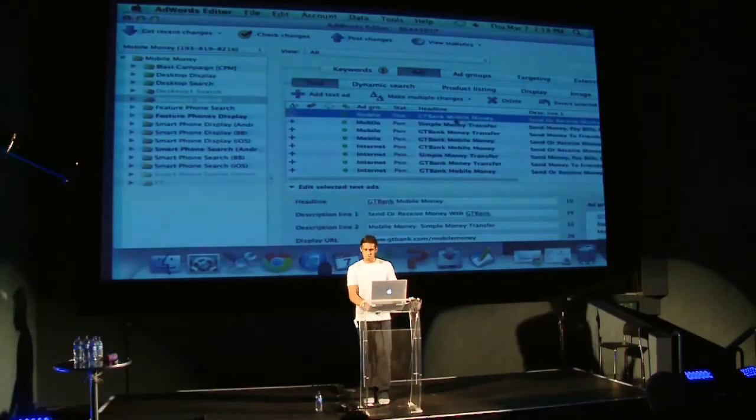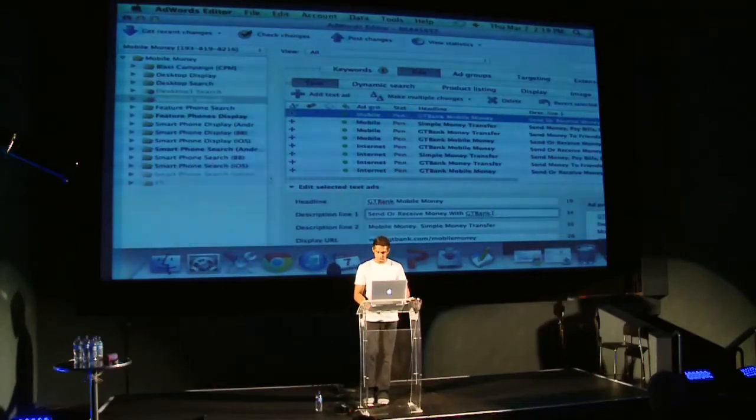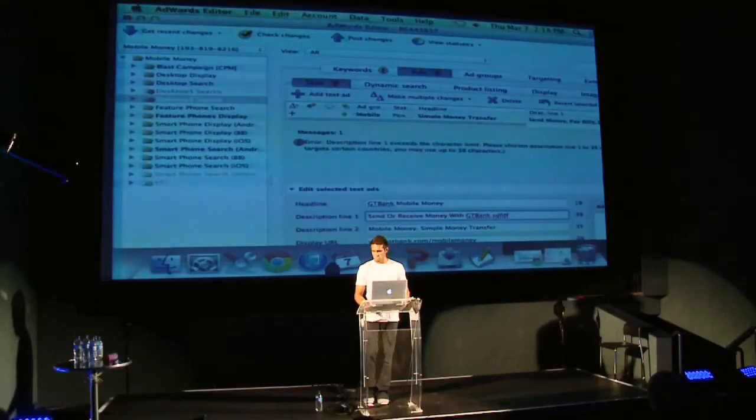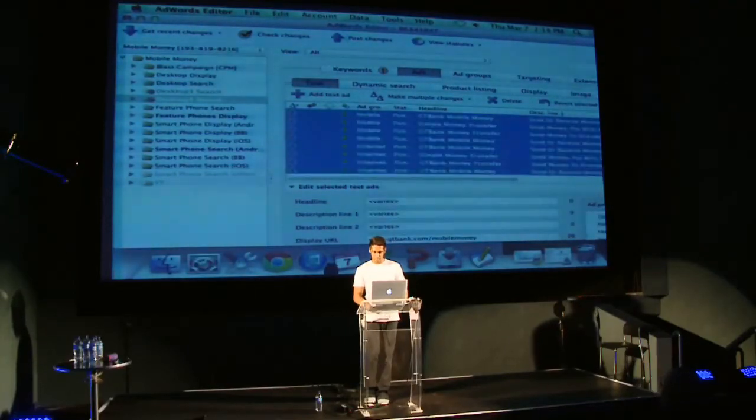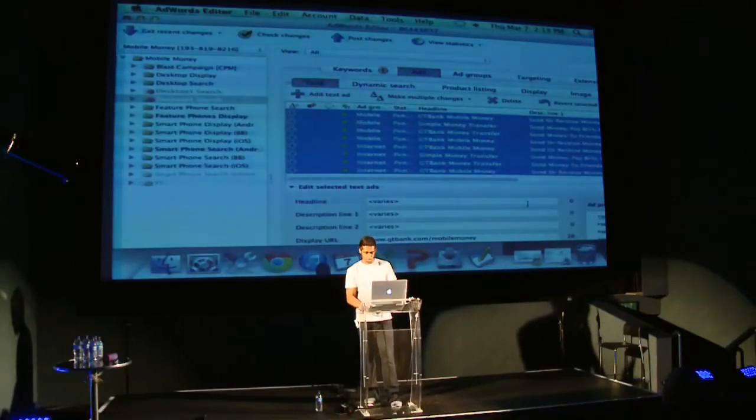If I highlighted just one cell, you'd see that it's 19 characters, which is fine. It abides by the limit of 25. The next two description lines are also fine. They're 35. If I were to go over this limit, for example, just add a few more characters, you'd see that an error appears. Now, that's cool for one ad within AdWords Editor, but when you want to view multiple ads at the same time, you'll see that it defaults to zeros because it can't calculate the amount of characters amongst the different ads. So what we do is copy